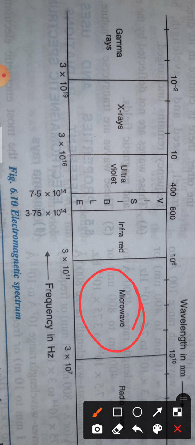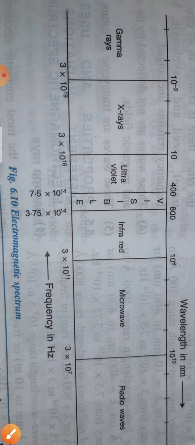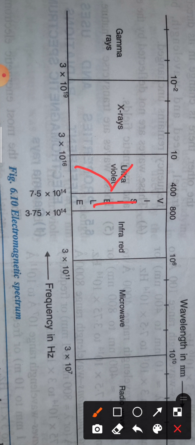And the last one is radio waves. Radio waves are those waves which have wavelengths greater than 10 to the power 11 Angstrom, or 10 to the power 10 nanometer. You have heard the word radio before, because we used to hear songs on the radio. Radio waves are used for transmission, in radar communication and in radio and television transmission.